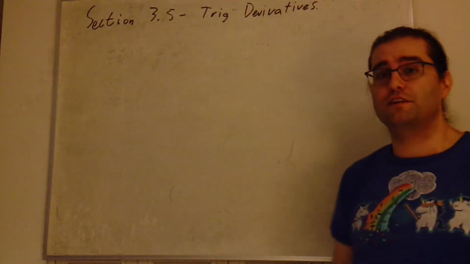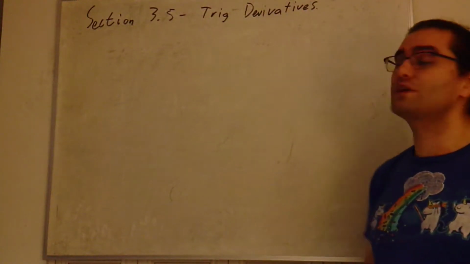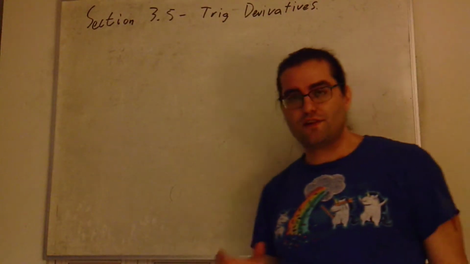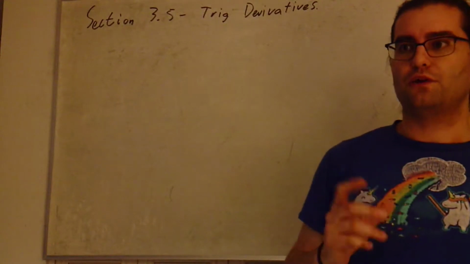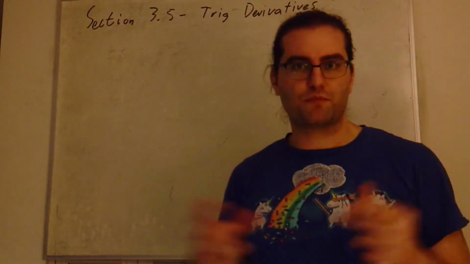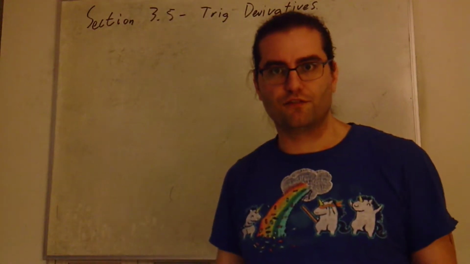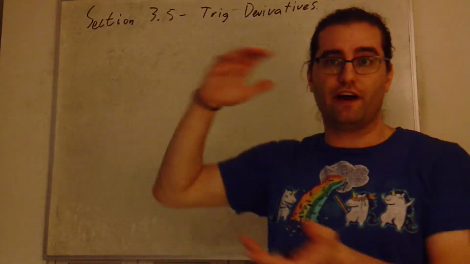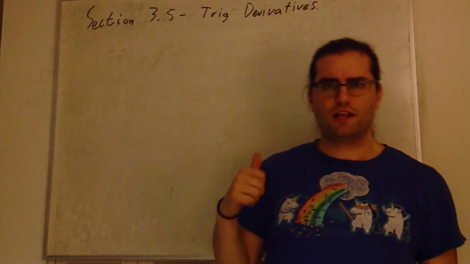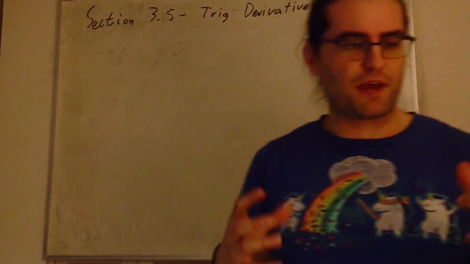Today, I have a very exciting one for you. Today we talk about trig derivatives. This is exciting because we've spent the last couple sections talking about how to do derivatives of combination functions. When you multiply two functions together, how do you take the derivative of that with the product rule? Or if you divide two functions, how do you take the derivative of that with the chain rule? Lots of interesting combinations to be had here,